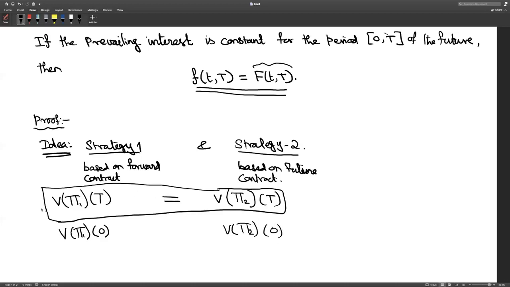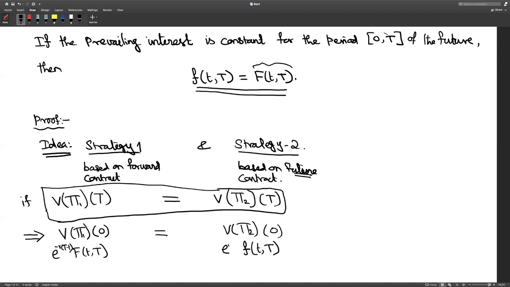So if this happens, then you can use an arbitrage argument to show that these two are equal. Now this will come from the price of the forward discounted, say, in a continuous compounding way, and similarly this is coming from the future because you built it based on future contract, the future price,